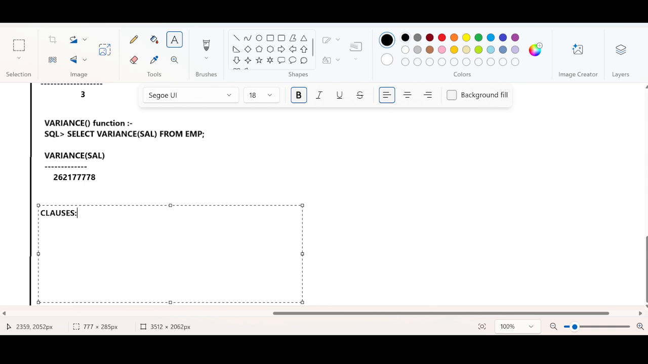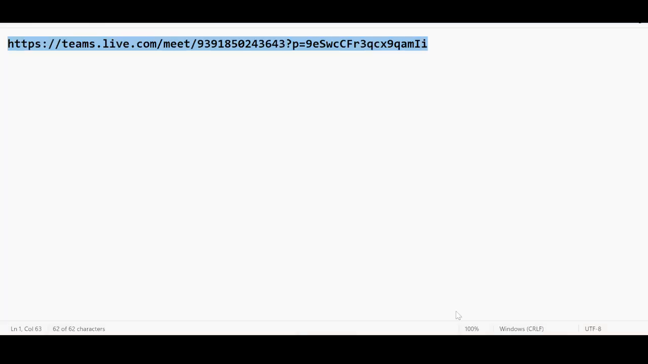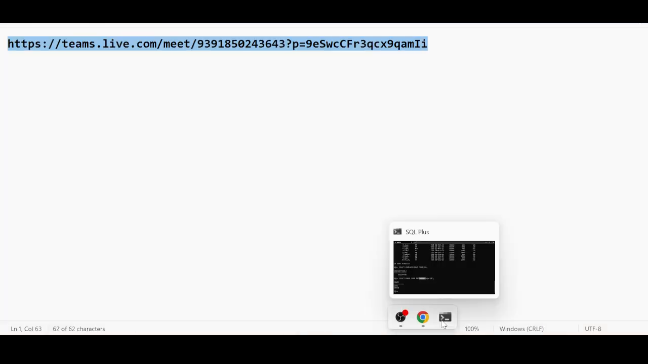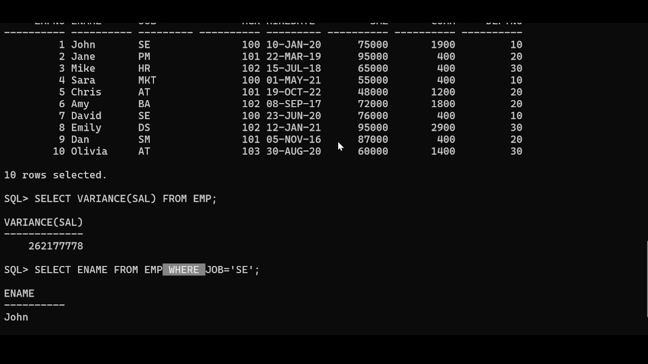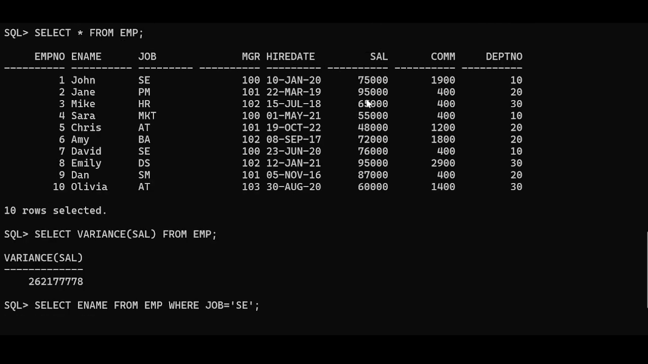There are some clauses that we have. For example, the first clause is the where clause. Where is called a clause. And you have the clause like order by. Order by is for a particular table. If you see the salary, all the salary information is not